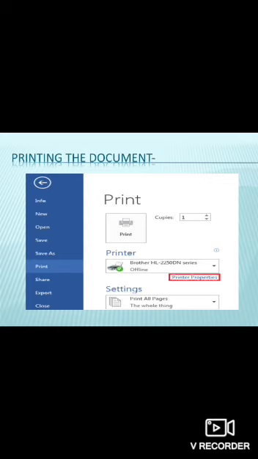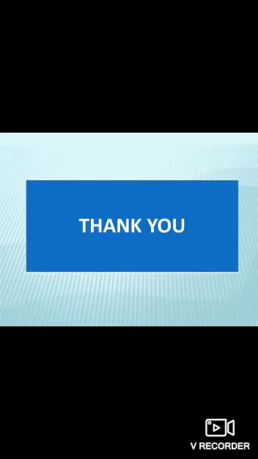And there is a shortcut key for printing the document in MS Word, that is Ctrl+P. So children, with this, we have completed our chapter, Microsoft Word. I hope you are completing your notes in your book. Go through the notes once again and revise the chapter. And if you have a laptop or computer at home, practice whatever we have studied in this chapter.